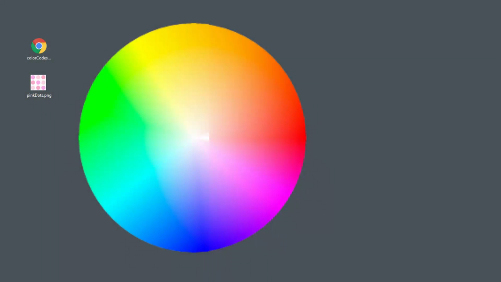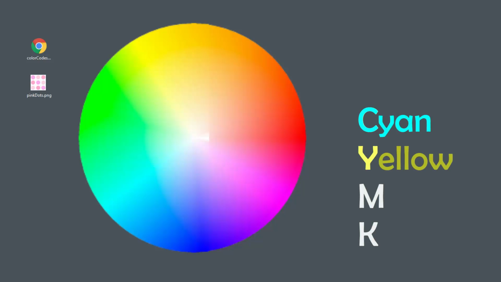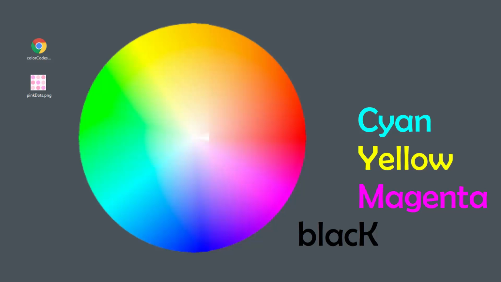There are several ways to specify color values when writing HTML and CSS code. RGB and hexadecimal are some popular methods supported by all browsers. If you have experience in the print industry, you likely know the primary colors as CMYK, that is cyan, yellow, magenta, and black. These colors work well for a subtractive color system in which colors do not emit any light but instead reflect light from their surroundings.